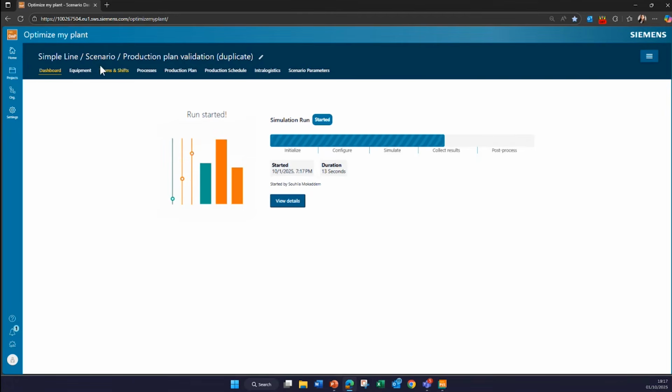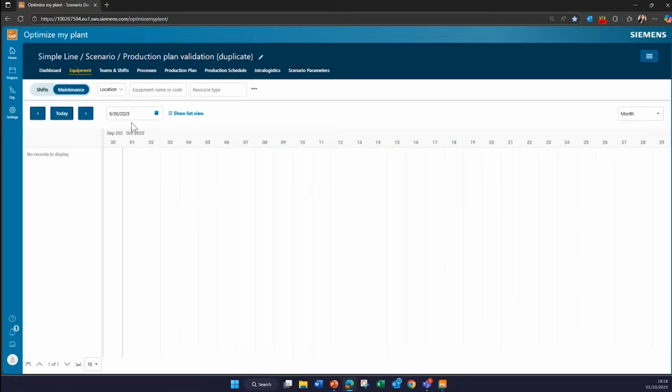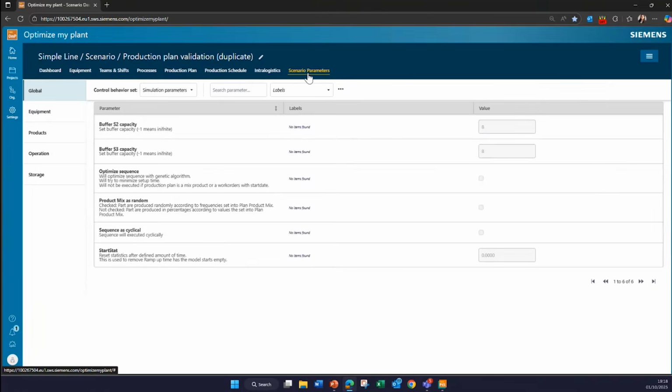As I change the number of workers, you can also change different maintenance calendars if a machine is out, and change the simulation parameters that you decided to show to your end users.